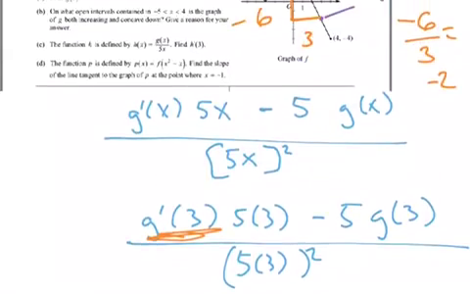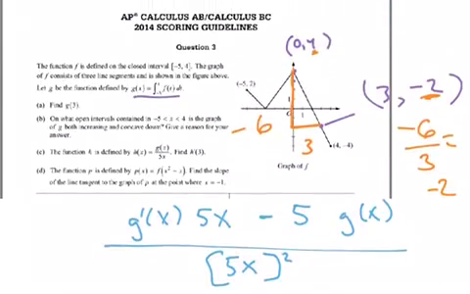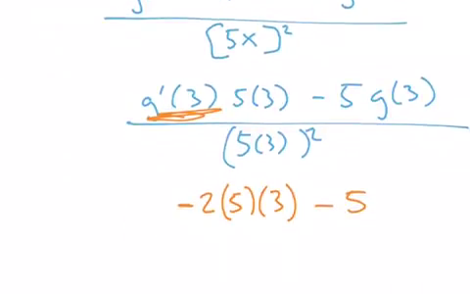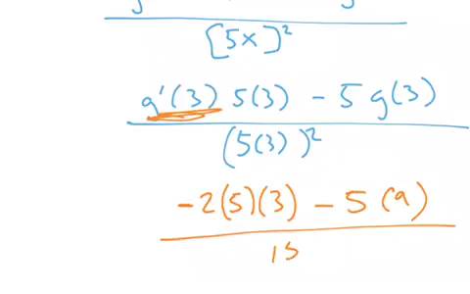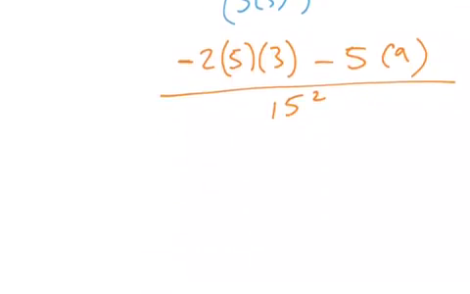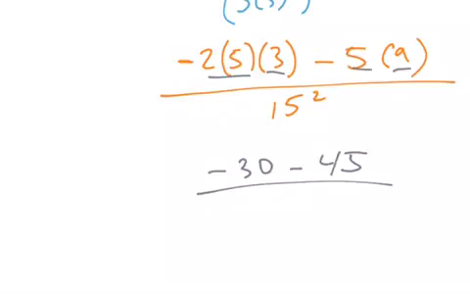What's g of 3? Well, g of 3 is the answer to the first part, which we said was 9. So now this is going to be 5 times 9 over 5 times 3 is 15 squared. So all I got to do is clean that up. So what does this become? This is just 2 and 5 is 10, times 3 is negative 30, 5 and 9 is 45, over,